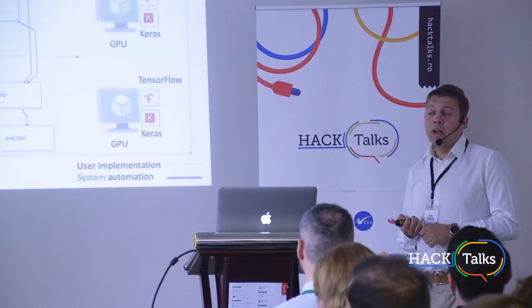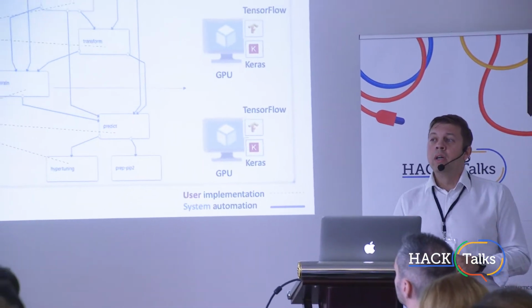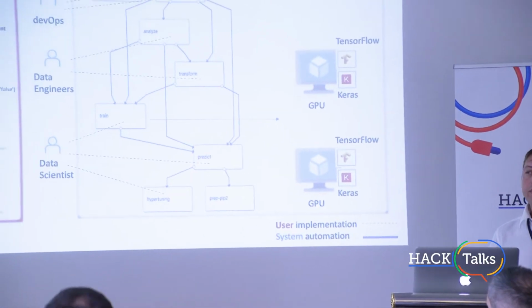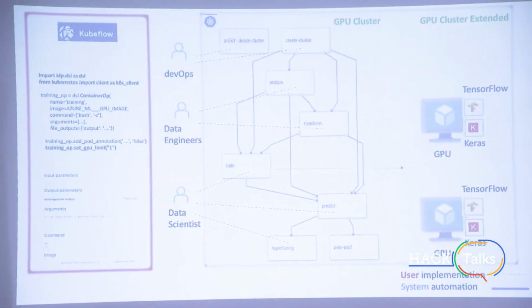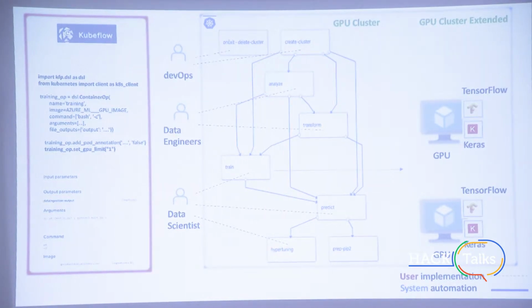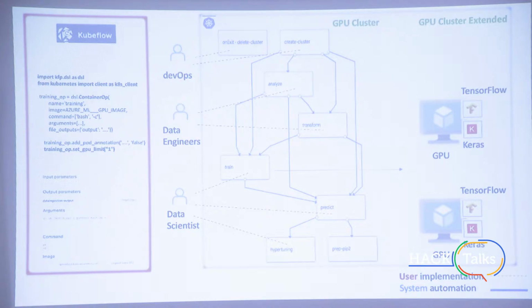They are very smart to compute a high amount of operations. It's slightly different than CPU, and the entire training process is CNN, convolutional neural networks, sorry, and